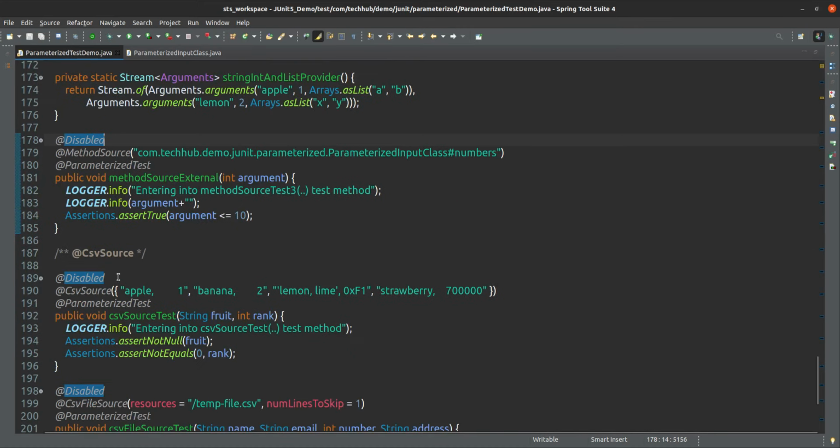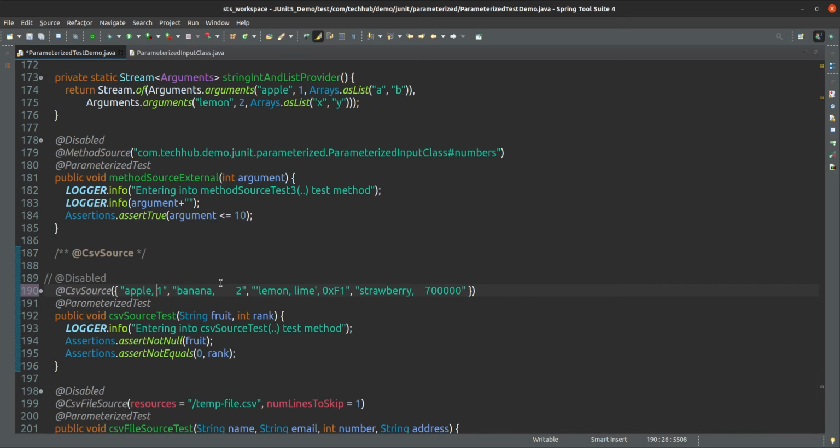So next one is a CSV source. What does CSV mean? CSV means comma separated values only. So here if you see, these are the values given comma separated. Yes, all the values are given as comma separated. You can see apple, comma, then banana, comma, then lemon, comma, then this value. Okay, because this is one value. Okay, this is comma separated. So now here if you see,